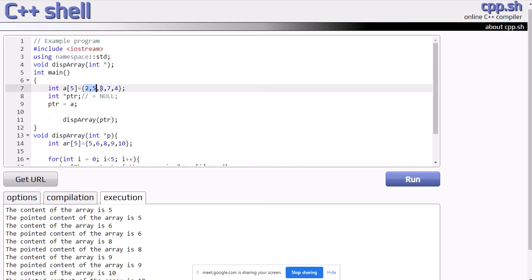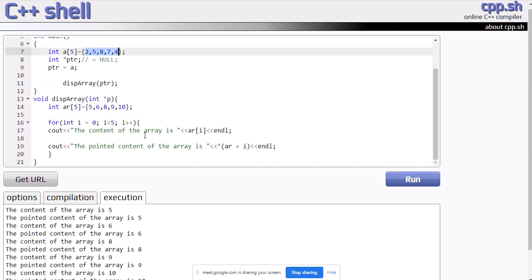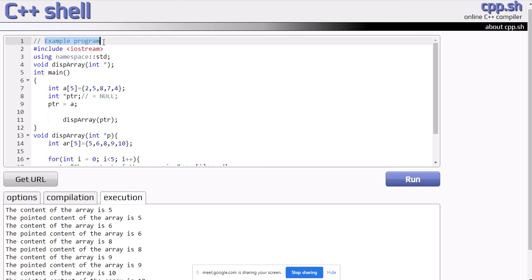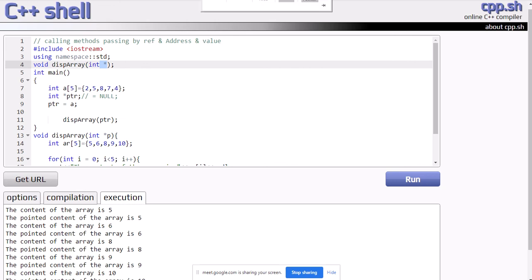What are those? Those are the values initialized already here in the array. Let me add a comment as a title to this one. Actually, yes, pass by value, pass by address, or pass by value, whatever. We'll have the theory behind this: passing, calling methods, passing by reference, address, and value. We'll discuss them in detail, just to make you understand that you can pass things in memory as a reference only. So we'll discuss them in theory first of all, and after we'll have more examples in the next class. I'll stop the recording and just write